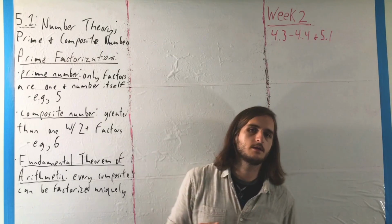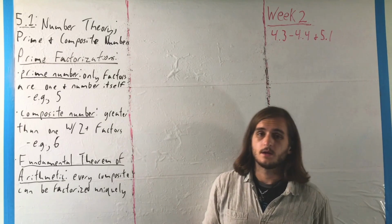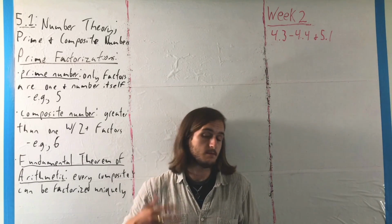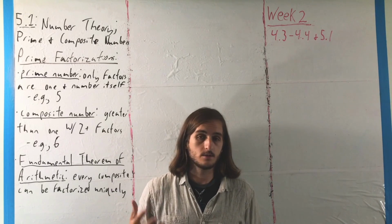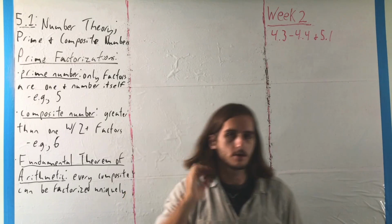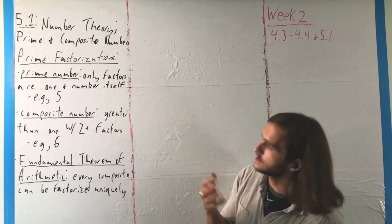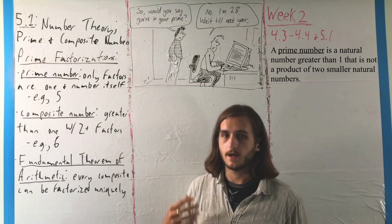There are, however, a great deal of numbers that cannot be factored easily or really at all. Numbers like 2, 3, 5, 7, 11, 13, and so on, where the only pieces that we can possibly break that into are the number themselves and 1. The free multiplication, the free factors that every number gets just based on how we define that operation in arithmetic, where we call numbers such as this prime numbers, being ones whose only factors are 1 and the number